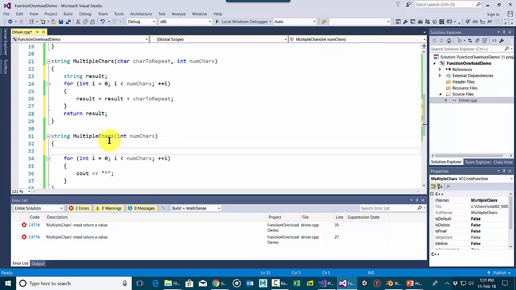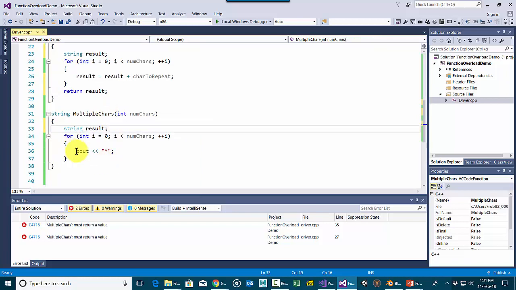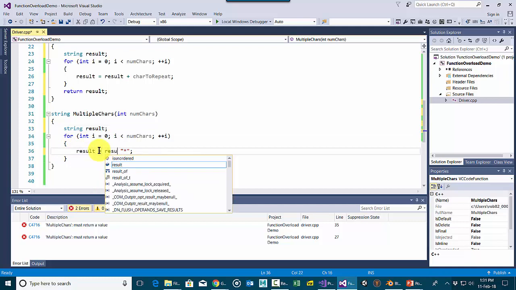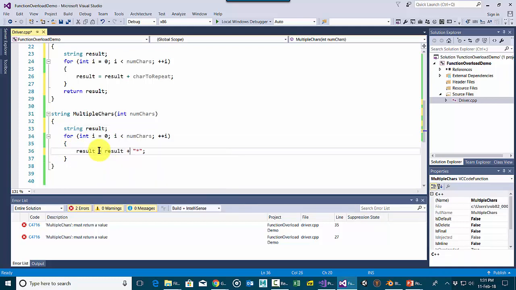And then here we'll again make a string result, and we will say result is equal to result plus